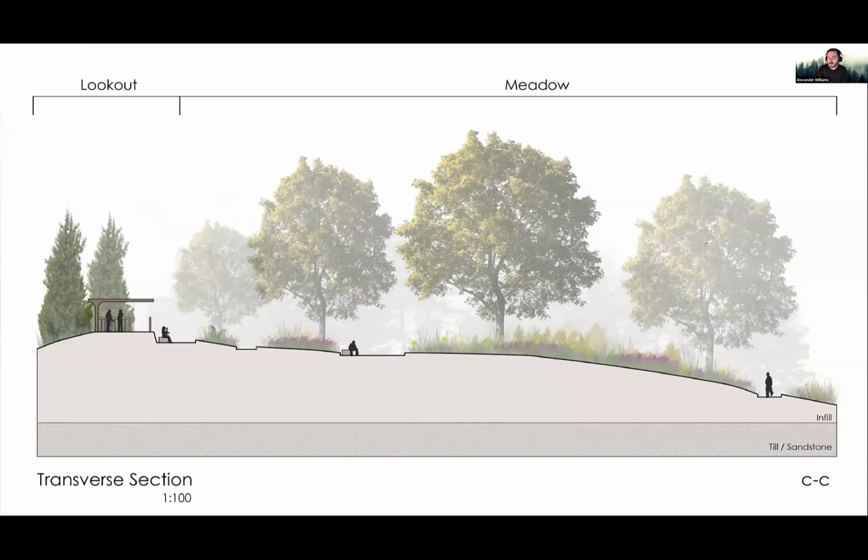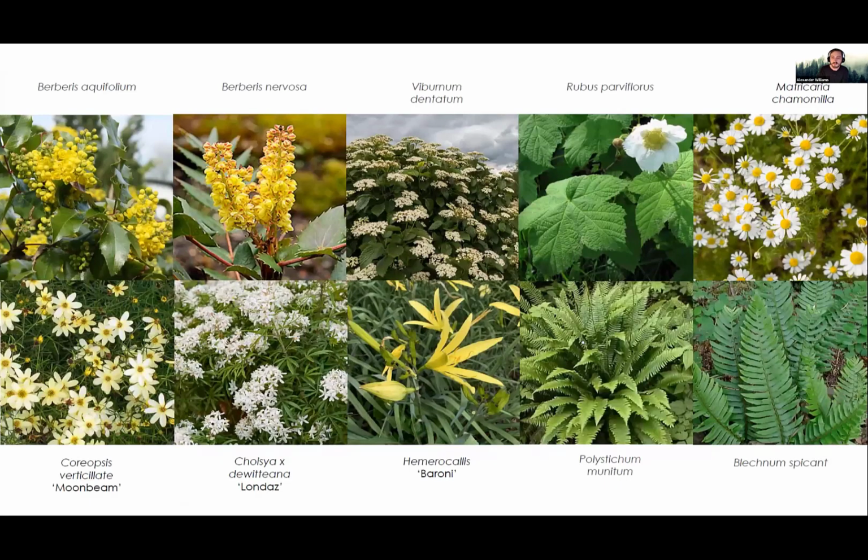And as we go up from the meadow to the lookout, we have areas to sit, and at the lookout we have a view that goes to the ocean and mountains, as well as a bit to downtown Vancouver. And for this planting, I really wanted a native planting aesthetic,